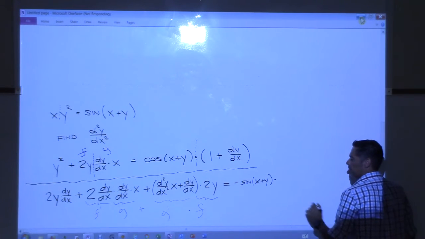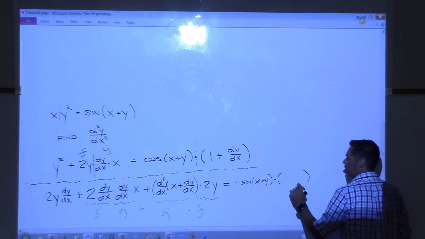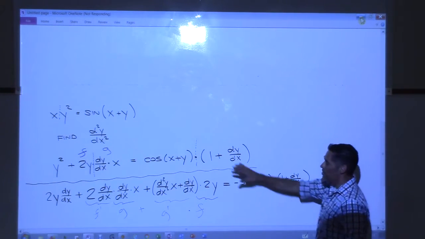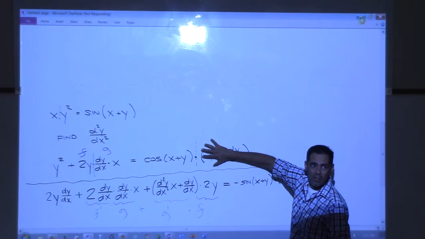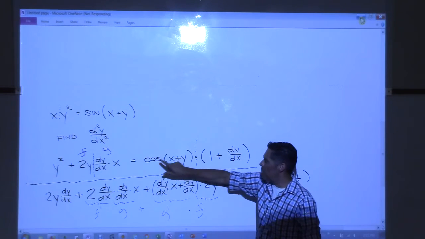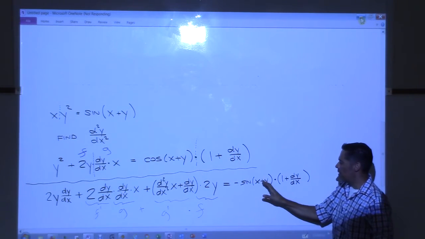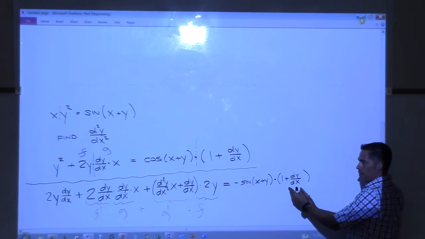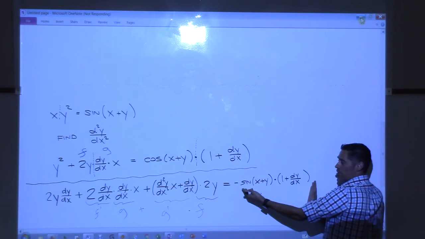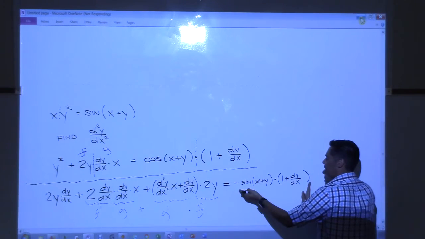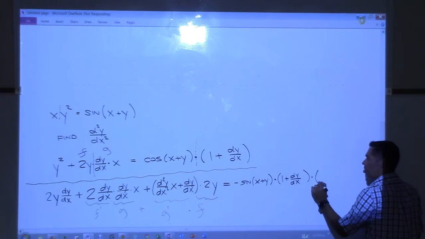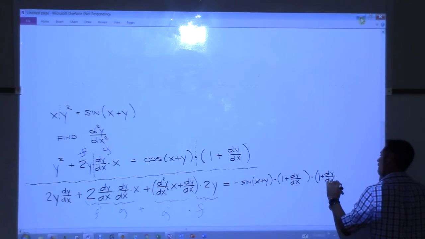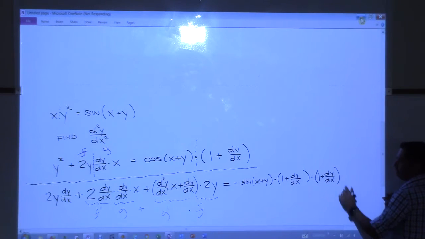times 1 plus dy. Where is that coming from? Chain rule, right? So that has nothing to do with this. That has to do with when you take the derivative of cosine of something, you get negative sine of that something times the derivative of what's inside, which turns out to be this. Okay, so this right here is the derivative of this first one. Then I say times what? This right here, plus,